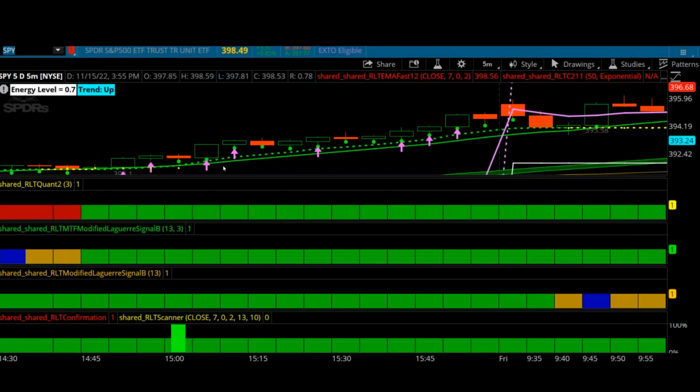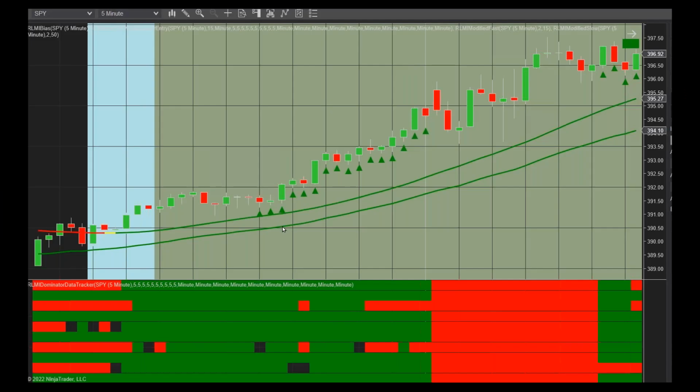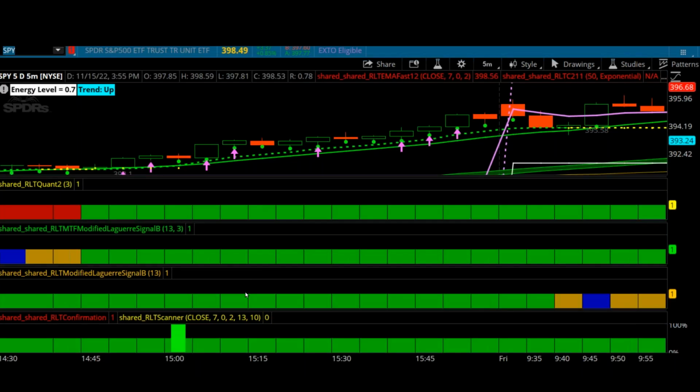Now let's take a look at the Compass system at the same time. So let's look back here. This was about 2:45. Here at 2:45, this is 2:45 right here. You notice that all of the Compass indicators went green here. All of our quants, a momentum for the multi-time frame, a momentum for the current time frame. So it's pretty easy to see. You don't really even have to